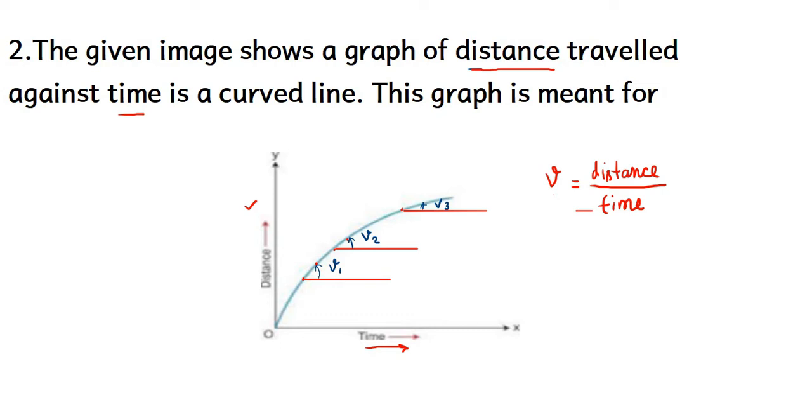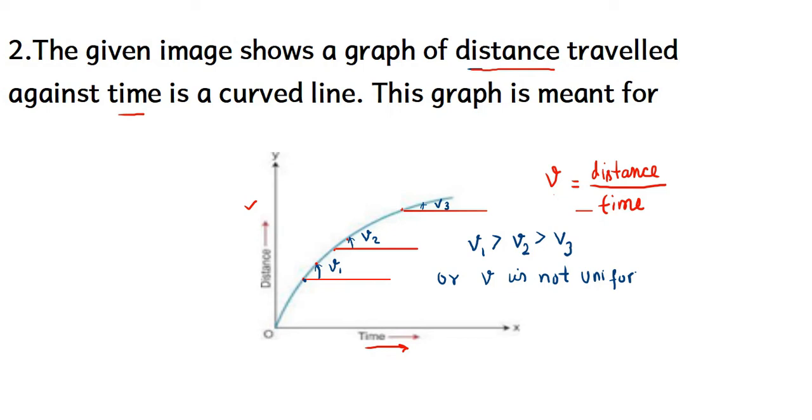By observation only we can see these 3 angles are not equal in magnitude. They are unequal. So we can write that V1 is a little bit greater than V2, and V2 is a little bit greater than V3. We can also write V1 is not equal to V2 and V2 is not equal to V3. When the velocity or speed of an object is different, we can say the velocity or speed is not constant or not uniform.